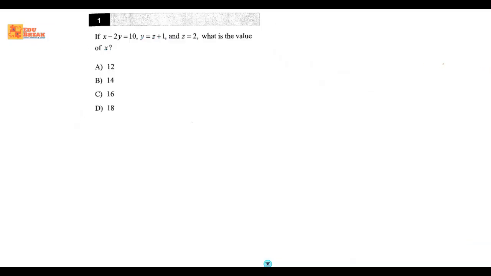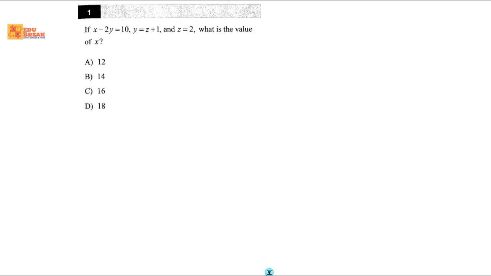Everyone, this is Test 2, no calculator section. We start with question 1. If x minus 2y equals 10 and y equals z plus 1 and z equals 2, what is the value